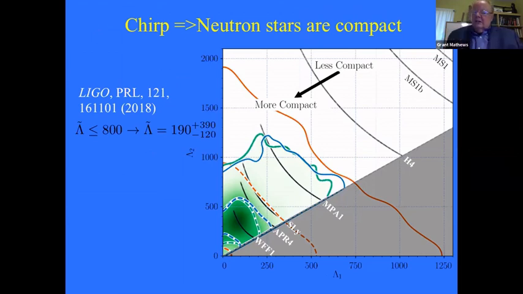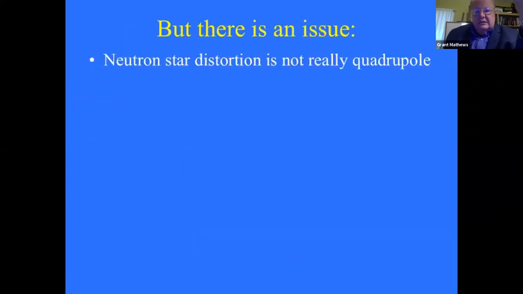This is contradictory to the maximum mass requirement, because in order to get two solar masses, you want a fairly stiff equation of state. But both for supernovae and for binary neutron stars, you want a relatively soft equation of state in the compact star. But what I wanted to point out is that the post-Newtonian analysis is not the final issue.